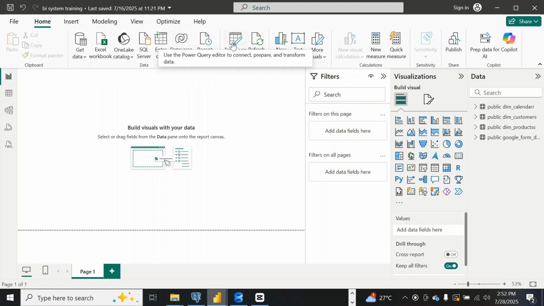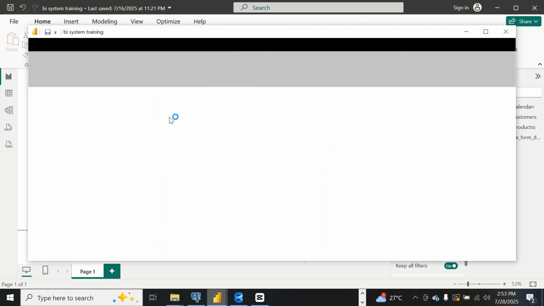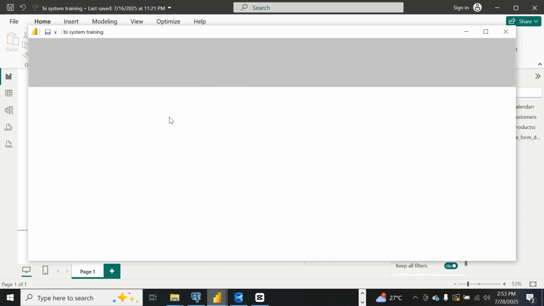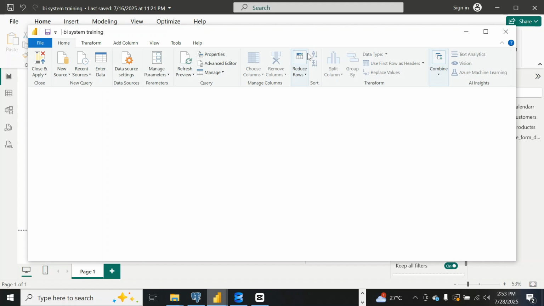And when you want to transform your data, to do data cleaning, you just click here and then it will take you to Power Query. It will take you to another kind of interface. This interface is what we call Power Query. So let's allow it to load. Power Query allows you to